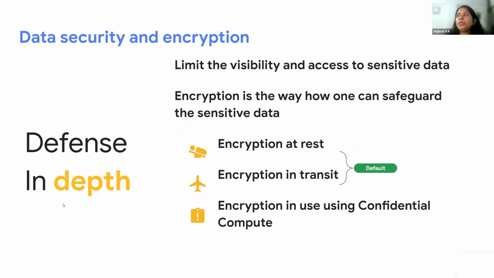Now, encryption. When it comes to encryption, you are protecting the data by encrypting it. It's very simple and straightforward, right? The data should be encrypted at rest and in transit. Sometimes data should be encrypted in use also. That is where you can use confidential computing. Confidential computing uses a hardware-based trusted execution environment. There is specific hardware available for that. The data being processed is isolated from the rest of the operating system. Even if your operating system is compromised, the data in that trusted environment will not be impacted. That is the encryption of data in use.